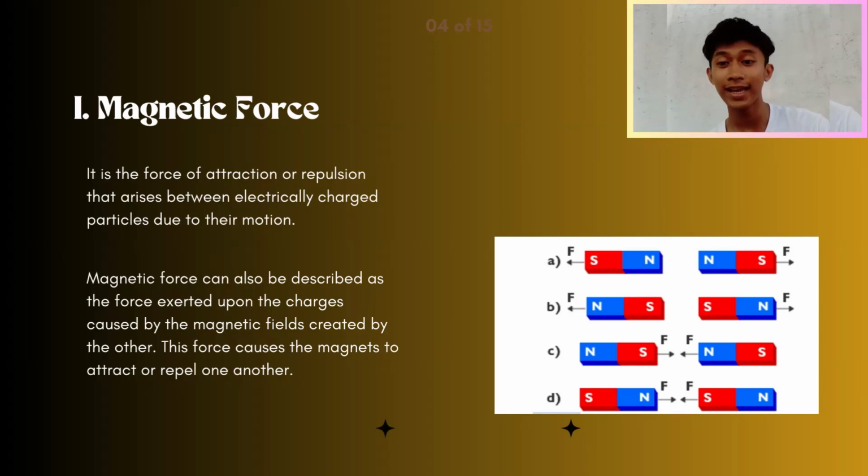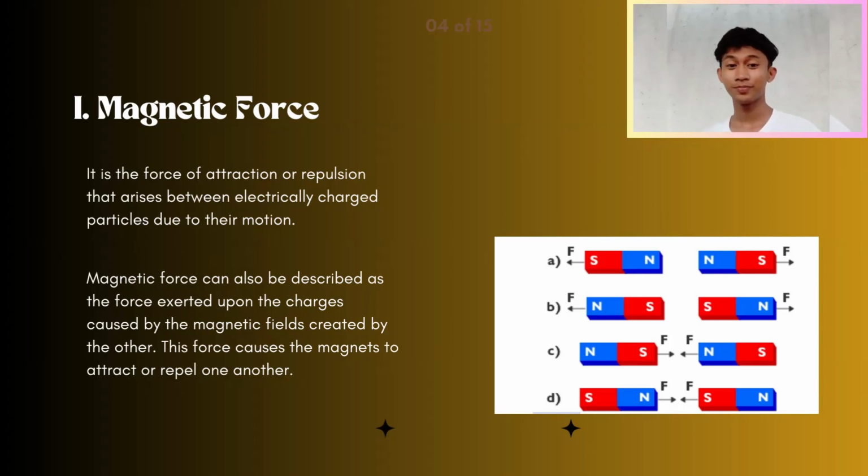If you can see from the diagram, we have A, B, C, D. And A and B, what do you think is the force that acts on them? If you look at the arrows, they symbolize the direction, right? So, as we can see, they are pointing away from each other, our A and B. They are pointing that way because we brought the same poles close together.